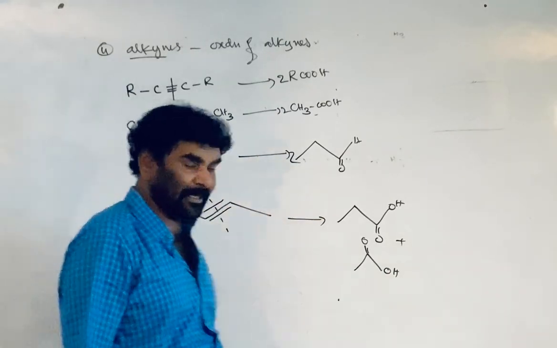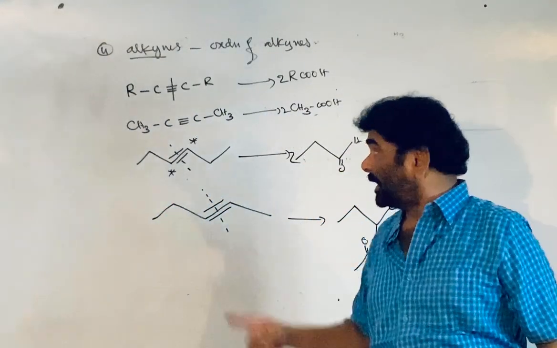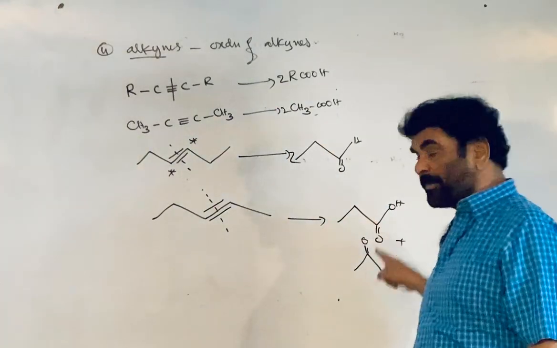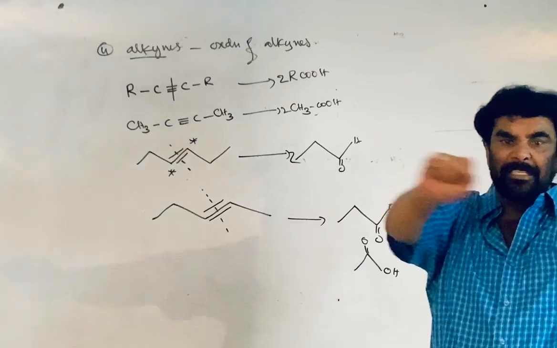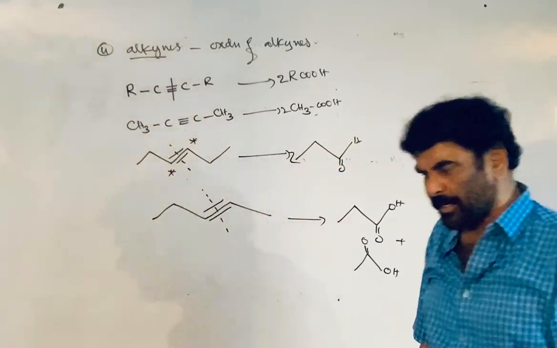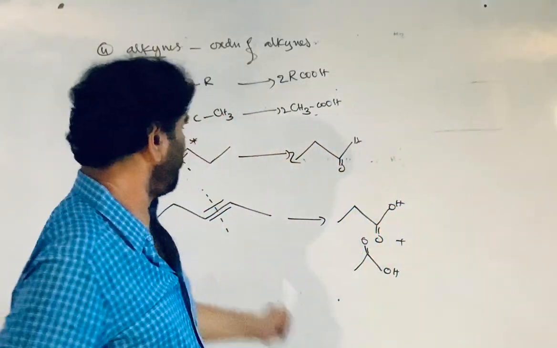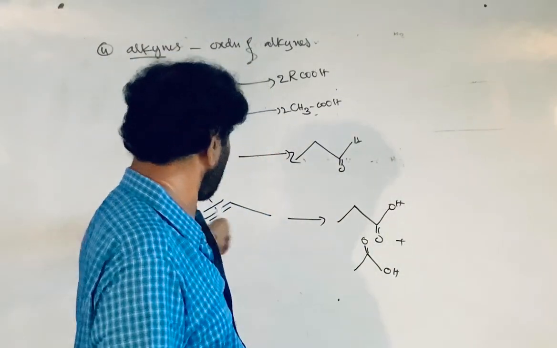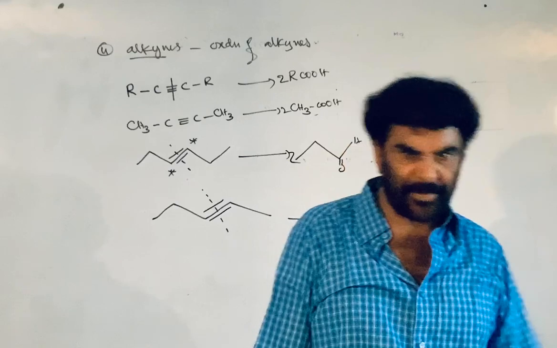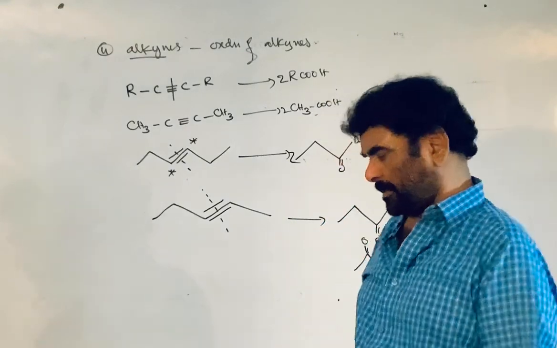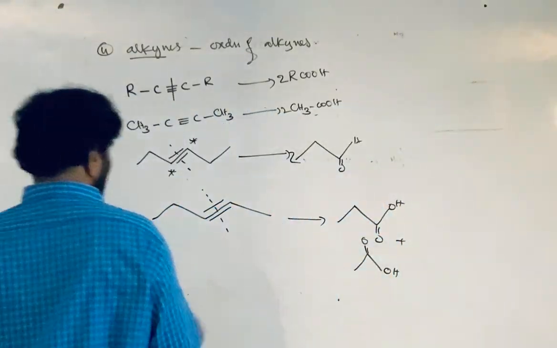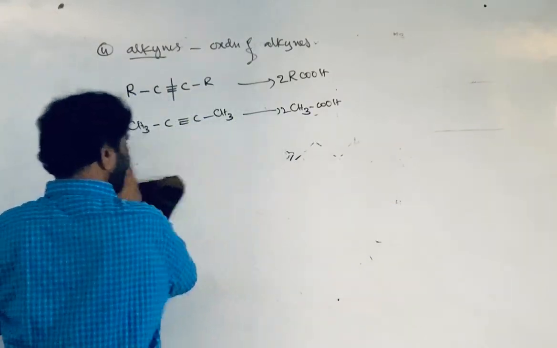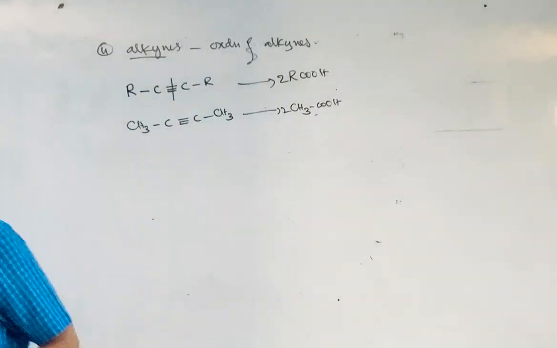Here also we get carboxylic acids, but different carboxylic acids. In the first case and the second case, only 1 acid is possible. Here a mixture of 2 acids is produced. The separation becomes difficult, therefore that is a mixed carboxylic acid. So unsymmetrical alkyne is not used for the preparation of carboxylic acids. This reaction is also used for the identification of the position of the carbon-carbon triple bond in the molecule.